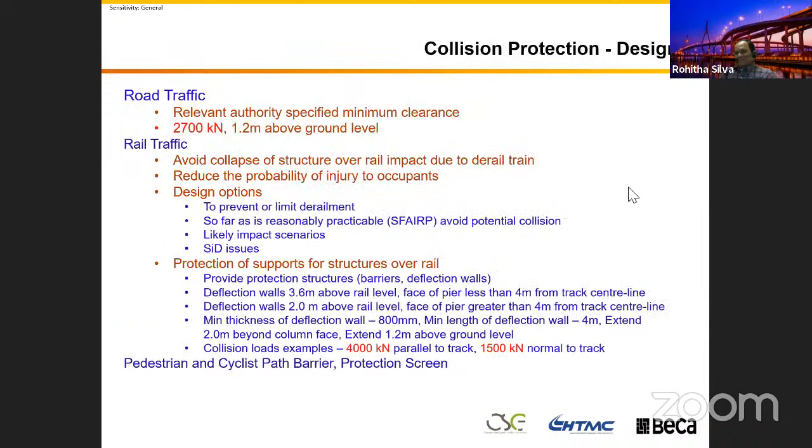Because of that, you need to make sure you design for that. So how are we going to design? To design that, the design standard comes up with certain solutions. For example, if it is road traffic, they say you design the column to take 270 kilonewton. This is an Australian standard. 270 kilonewton, that is 270 ton. This is almost 4 times the legal 2B trucks in Australia. The weight of this equivalent force is the momentum, and the impact force is applied 1.2 meters above